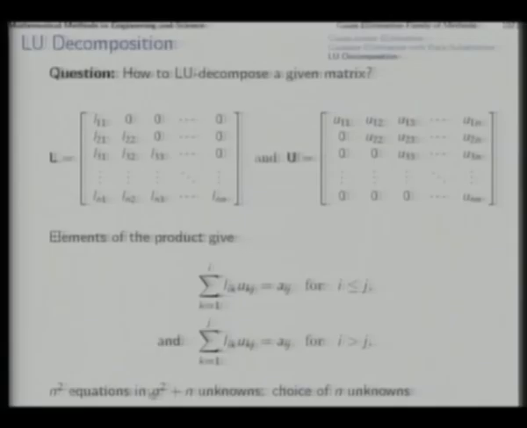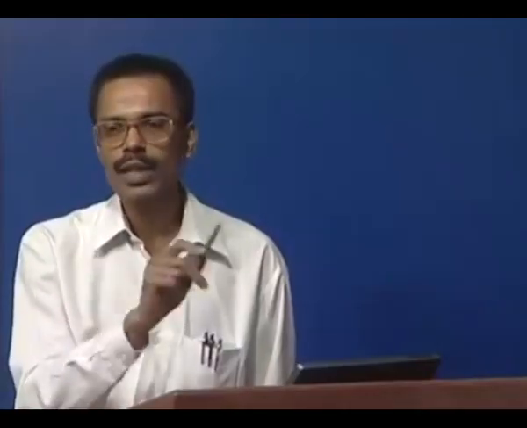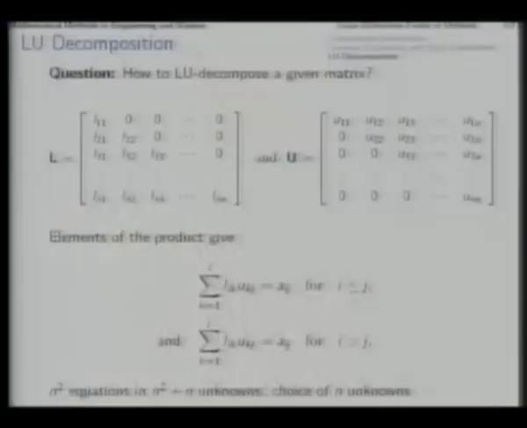And how many equations? LU equal to A. So, A has n square elements. So, when you equate term by term, then you get n square equations. So, less number of equations in more number of unknowns. That means n extra unknowns are there, that many unknowns can be chosen. So, one particular choice leads to the famous algorithm called Doolittle's algorithm,